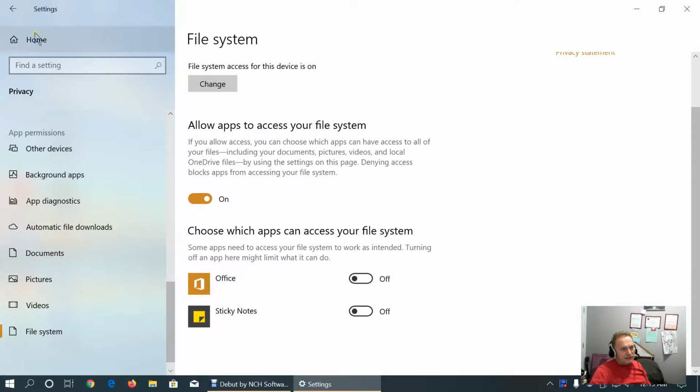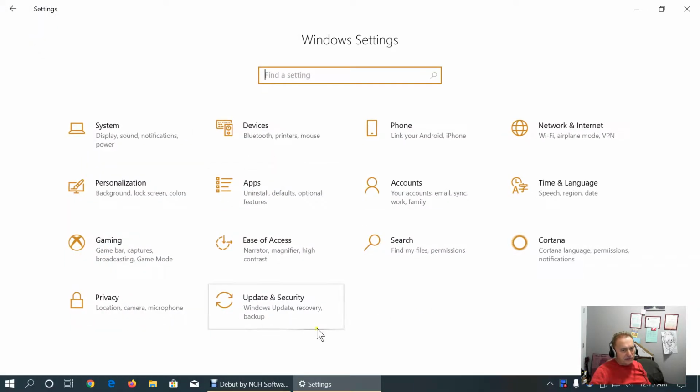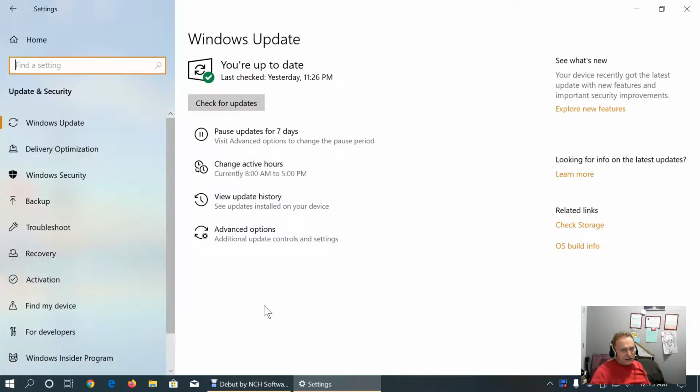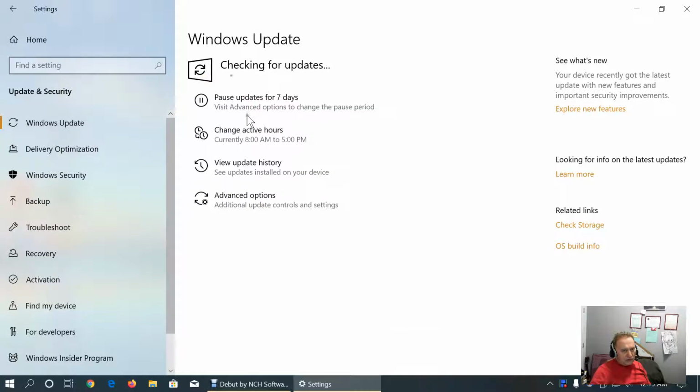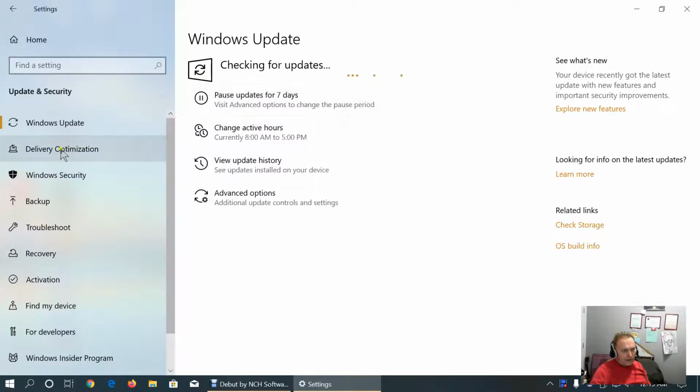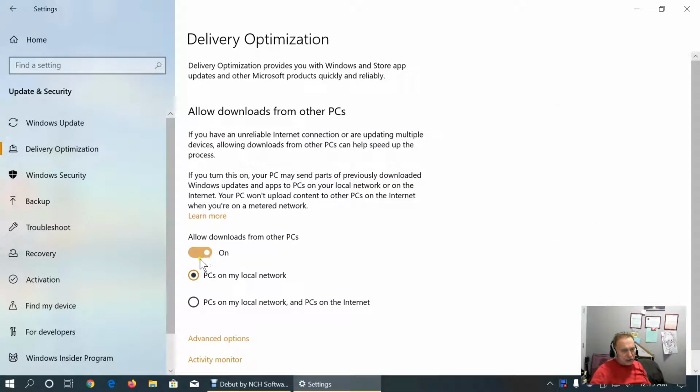File system access, leave it as it is. Okay, update and security tab. So Windows Update. Here we can pause updates or resume. Under delivery optimization, I suggest that you keep it off, because